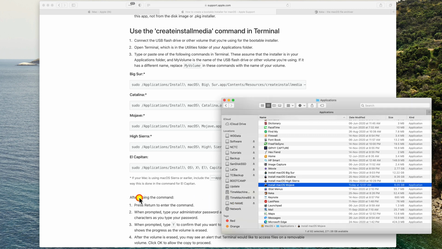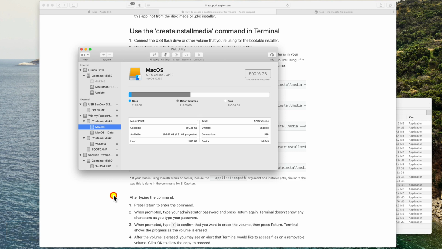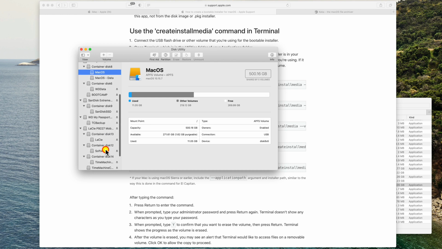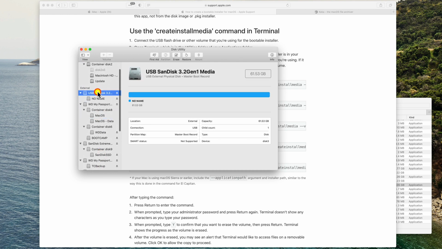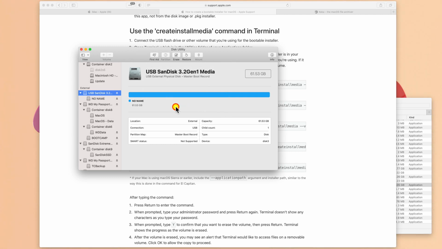No name. So we just run the disk utility found in the utilities folder under applications. And where is it? Okay. So we go into erase here. So we go into the physical USB drive.